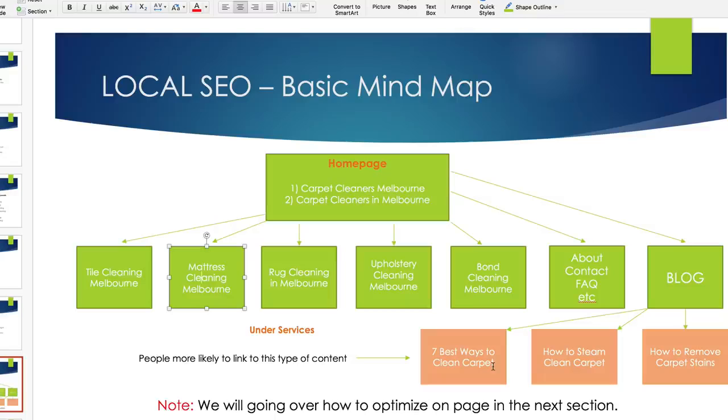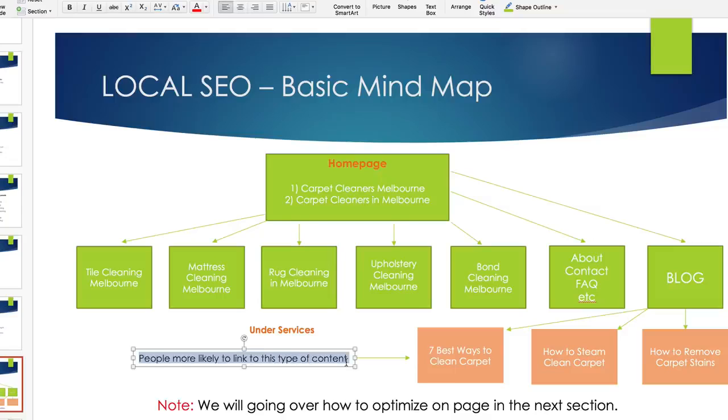And people might be reading it, and then they might realize, okay, it takes so much work, they need to buy this and that, they'll rather hire you. Okay, so you've got more control over informational types of keywords, because you can definitely be a lot more creative in the keywords that you can actually target, and people are more likely to link to this